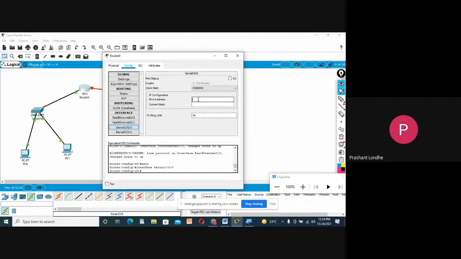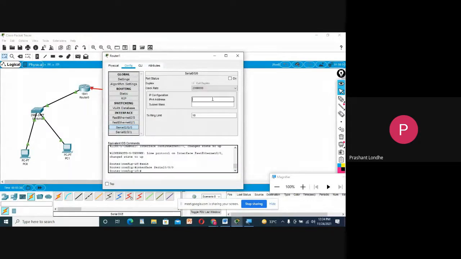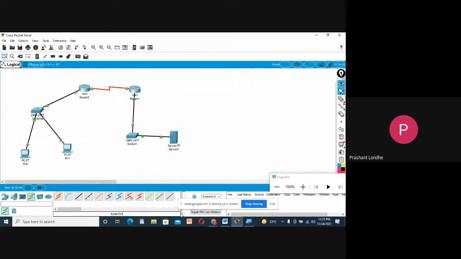Serial 0/0 is 10.0.0.1. Give some clock rate over there. And 10.0.0.2. I'm also giving some clock rate over there.